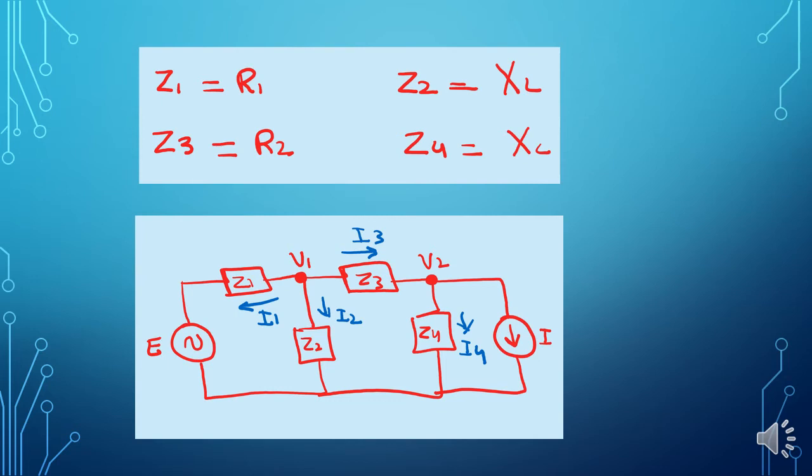Now you have to write all these values in polar form, right? R1, what is R1? The value of R1 and its angle. Similarly, the value of R2, and in Z2 we have an inductor, so the value of XL and an angle, most probably 90 degrees, with it. You have to find that out. It has an imaginary part, right? You have to convert it into polar. Similarly, Z3 and Z4. Making nodes V1 and V2, we mention the currents I1, I2, I3 and I4.